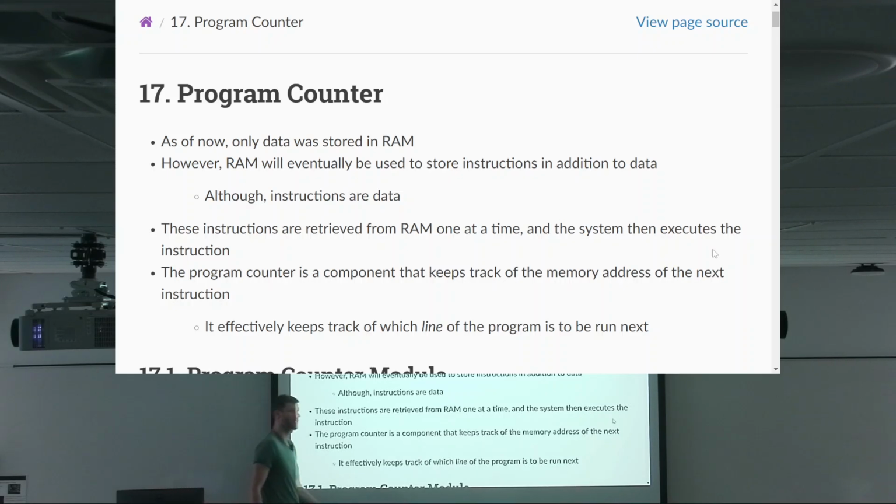These instructions are going to be retrieved from RAM one at a time, so the system can execute that instruction. Now, you may have also noticed that when we added those two numbers together, there were several steps involved. That took several clock cycles. We didn't just say, okay, go add. We had to put data in the registers, output from the ALU. There were a couple of steps involved, but okay. The program counter is a component that keeps track of the memory address of the next instruction